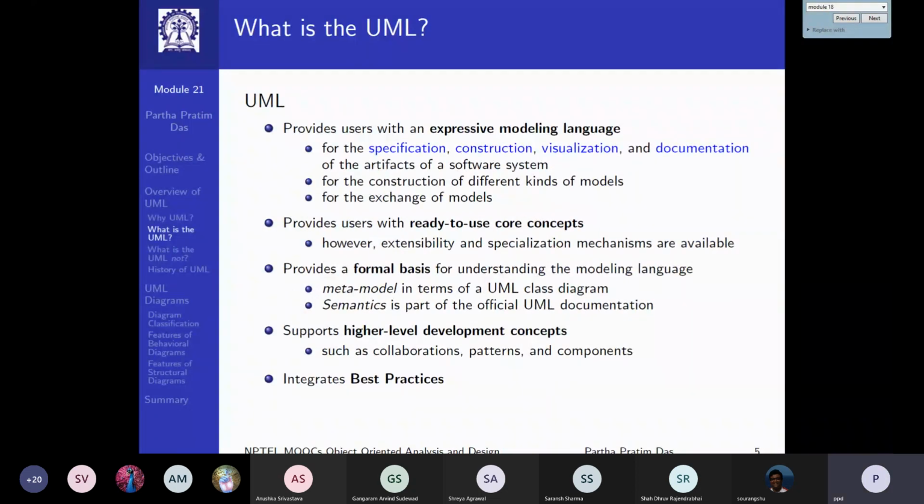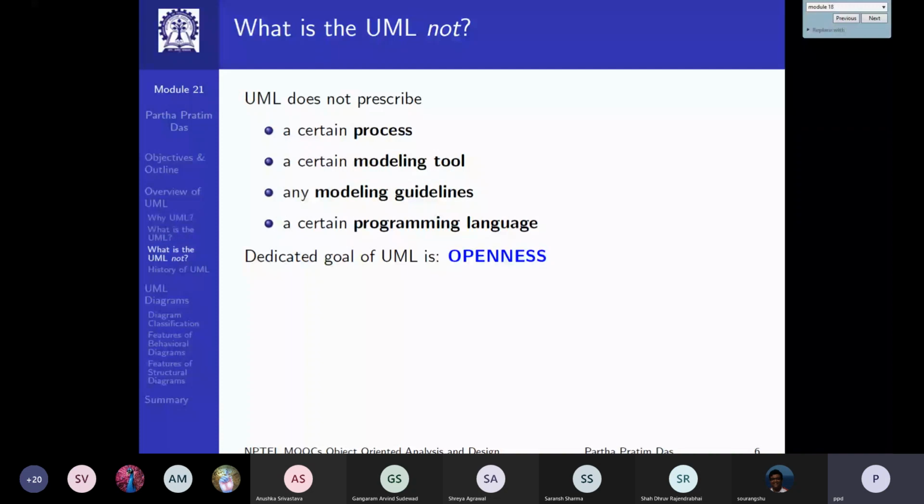So UML provides the user with an expressive modeling language. That is the basic purpose. And it has a number of ready-to-use core concepts. They are defined, you just need to apply them to your situation. It also provides for a formal basis and integrates the best practices. It is primarily targeted towards being open, so it is not professing any specific process, modeling tool, or modeling guideline,